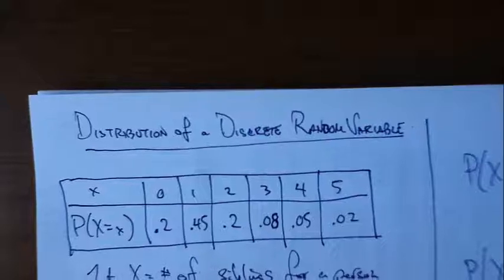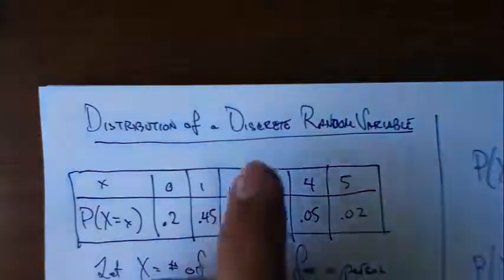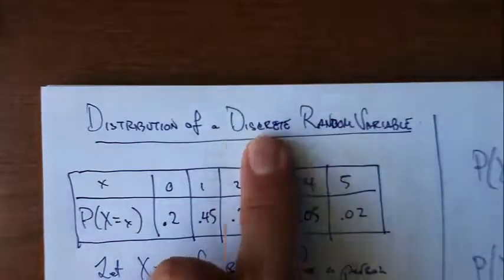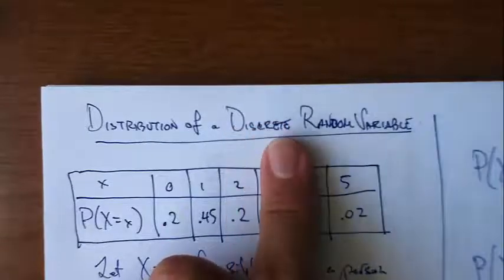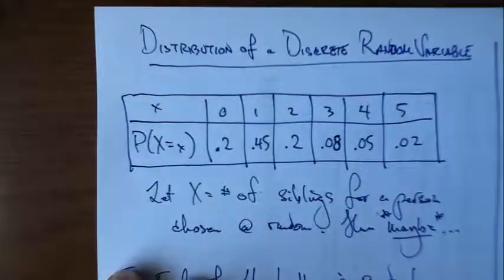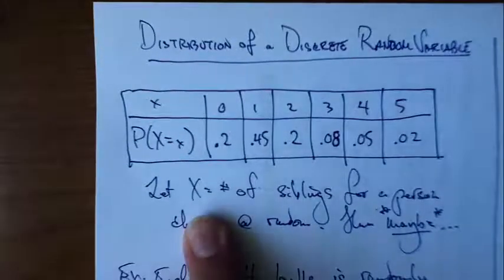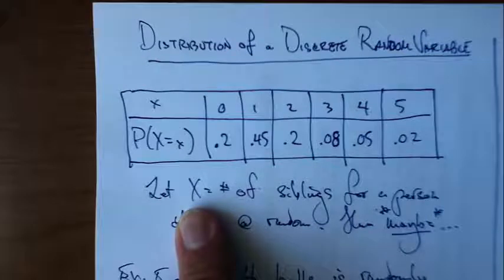All right, so what's the distribution of a random variable, in particular for discrete random variables? Let's consider the discrete case for a while now. We're going to stay in the discrete cases for a while. So for example, let big X, by the way, we usually reserve our uppercase letters from the end of the alphabet